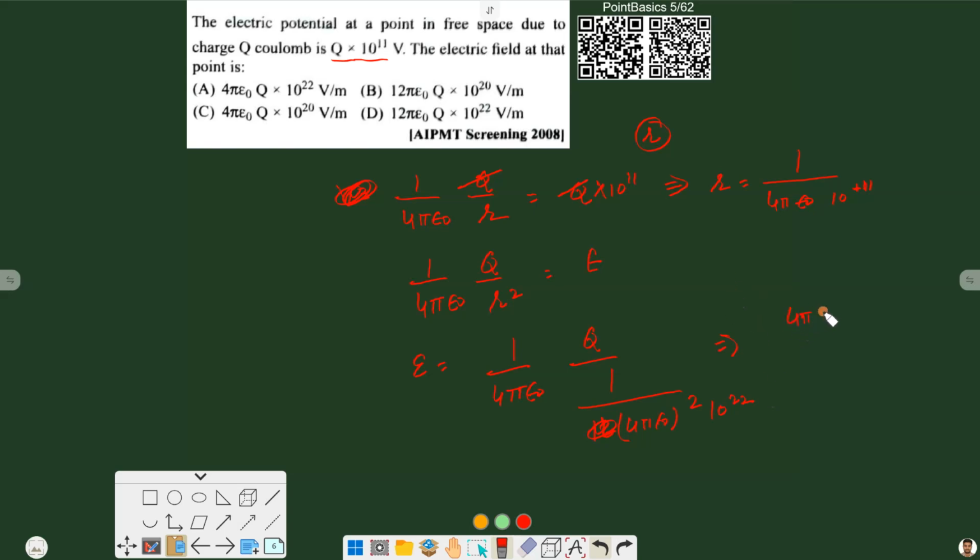So 4 pi epsilon naught square, 10 raised to power 22 with q, divided by 4 pi epsilon naught. This square gets cancelled, and we will be left with 4 pi epsilon naught q into 10 raised to power 22. So option A will be the right answer. Moving ahead,